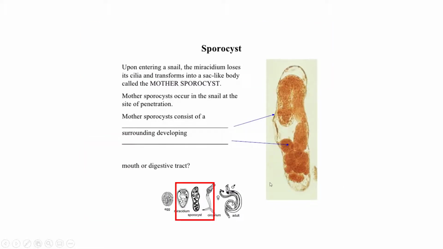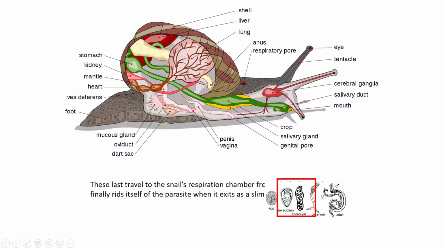In this larval form, they burrow through the snail's gut and rest in its connective tissue, where they develop into a second larval stage known as sporocysts, which you see here. Now they move into the digestive gland where they bear female sporocysts, and that produces another larval stage known as cercaria. These then travel to the snail's respiratory chamber, and from there the snail will rid itself of the parasite as these little slime balls. So slime balls will come right out of this section right here.